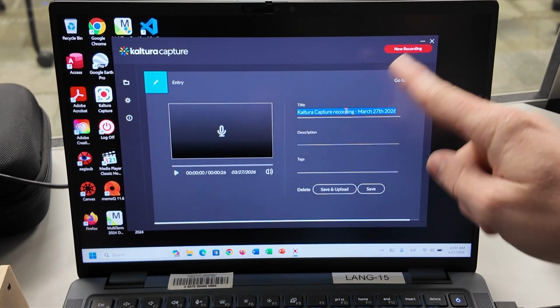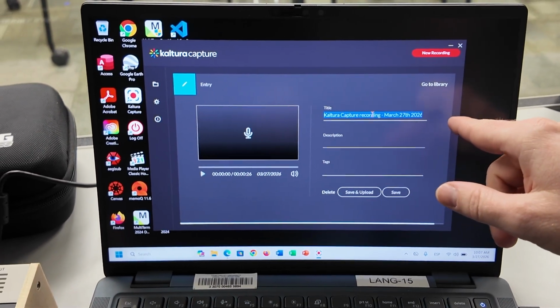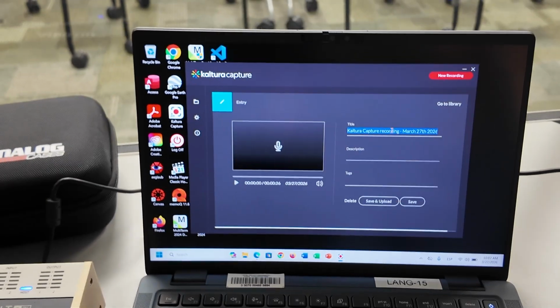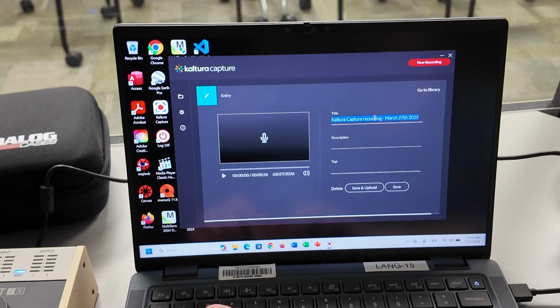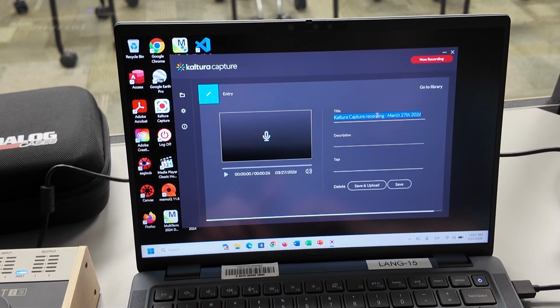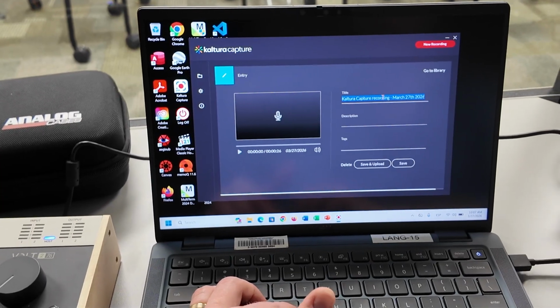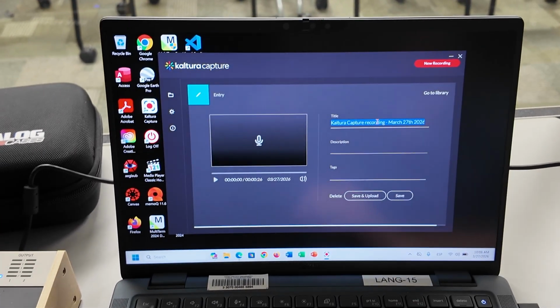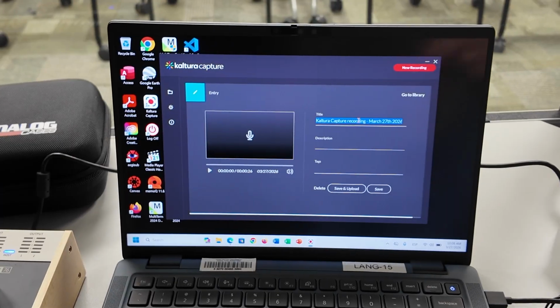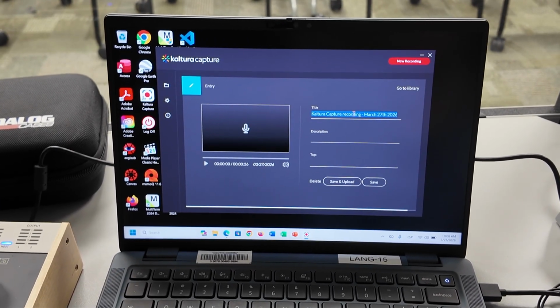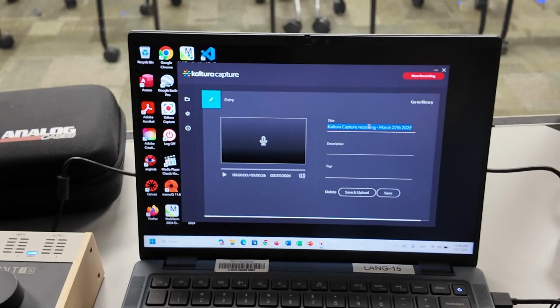Now to make sure your Kaltura Capture recording gets off of this computer and onto Canvas so that you can listen to it later, because the whole point of interpreting practice is to get feedback. You could have a classmate listen live in the booth with you and write down notes and give you feedback. That would be great. But you can also give yourself feedback if you listen to your recording later on